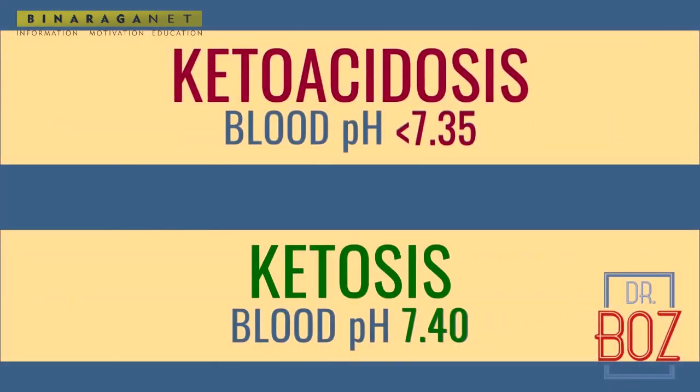The word ketoacidosis gets its name because the blood becomes more acidic. And this is a consequence of those sugars and those ketones floating around. Your kidneys do an amazing job of keeping your blood acid base very particular, right around 7.40. And when you're in ketoacidosis, we see that starting to go more acidic, to less than 7.35. So it's a tiny little difference in the number, but a really big difference in the human body.